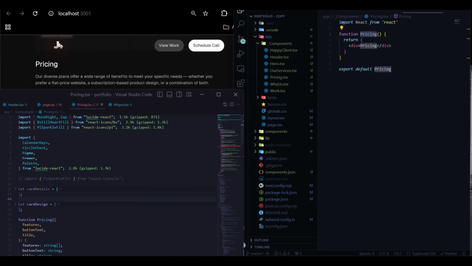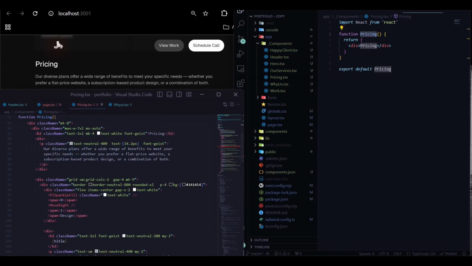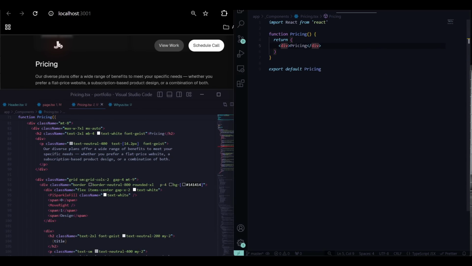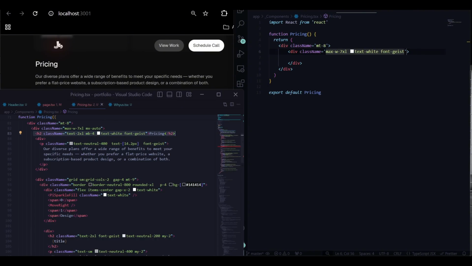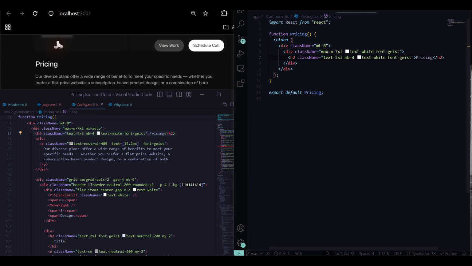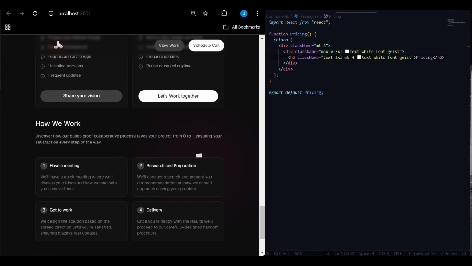So the thing I'm going to do right now is grab some of the icons, but let me first create this class name, margin top of 8. Give it a div, give it a class name of max width of 7XL, and give it a text of white and font gist, like so. And then underneath here we're going to grab this H2 and slap those in there, and then go back to our